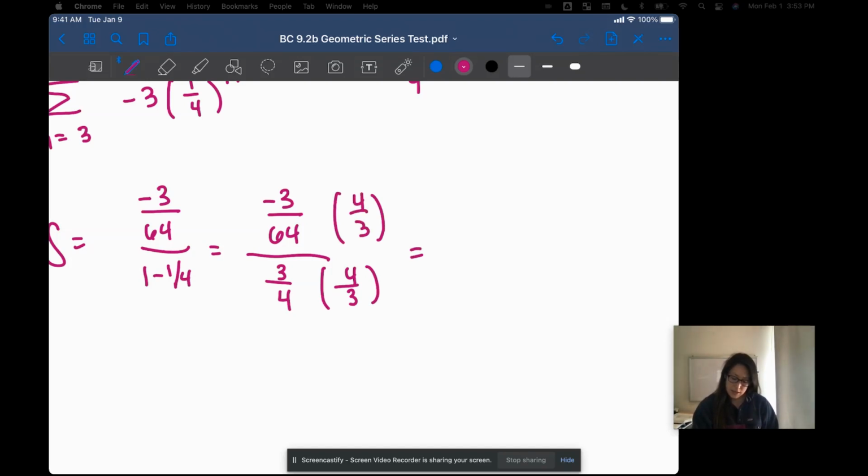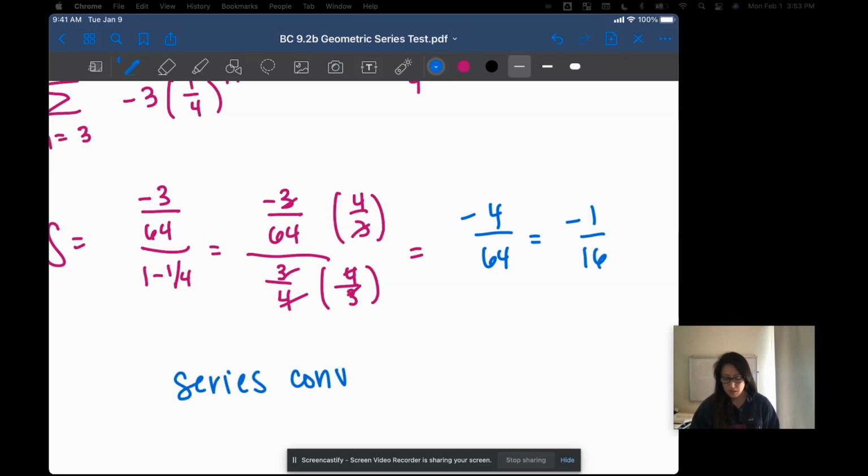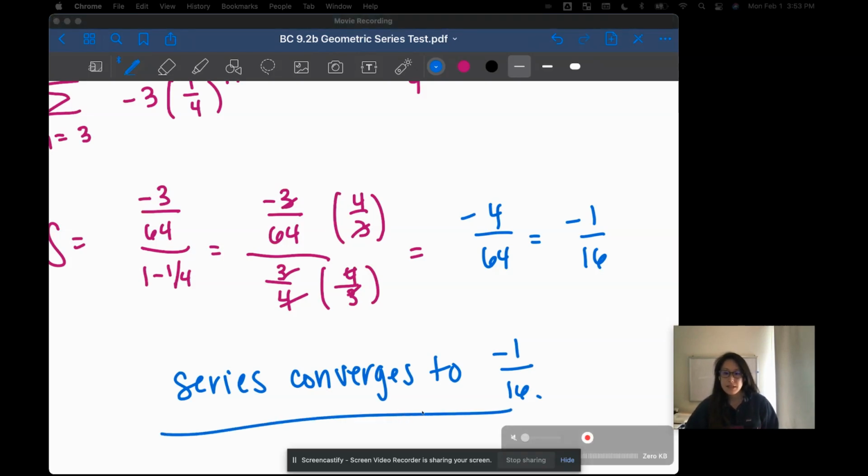So I get a lot of canceling. I get basically negative 4 over 64, which reduces to negative 1/16. So the series converges to negative 1 over 16. Okay, that's the geometric